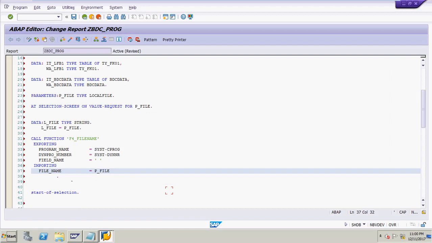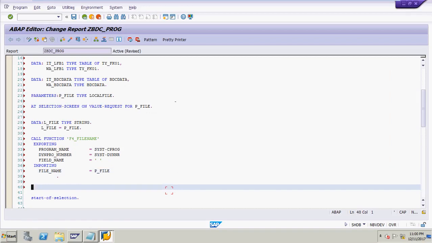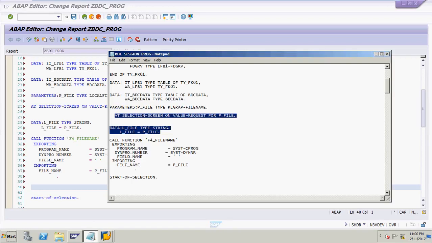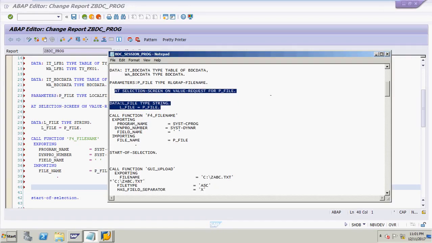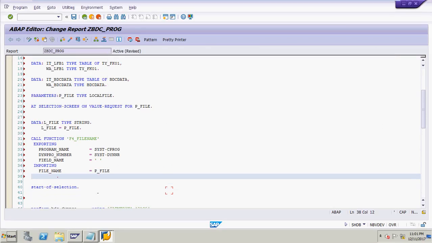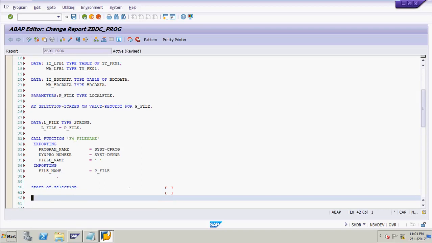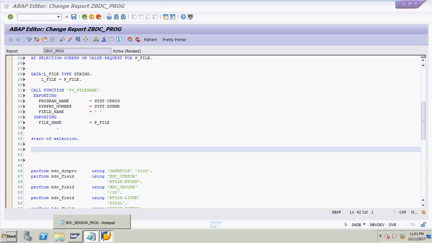You just see here. Okay, after that you have to call another function, GUI_UPLOAD. Start of selection, then START-OF-SELECTION, it helps as the selection method.